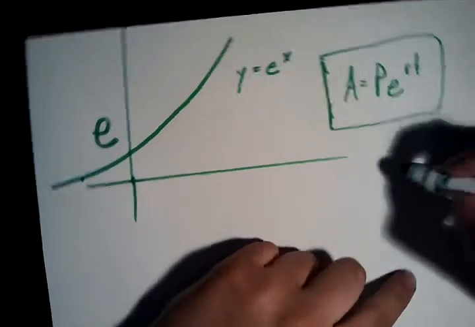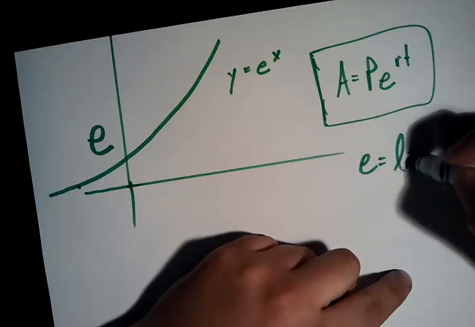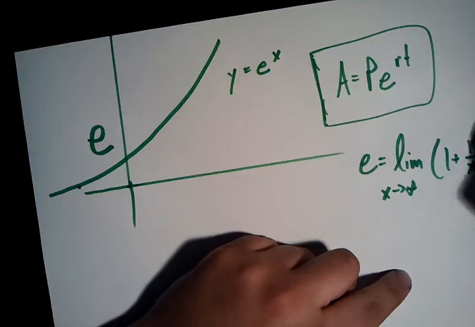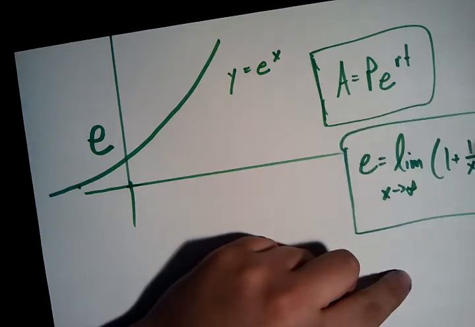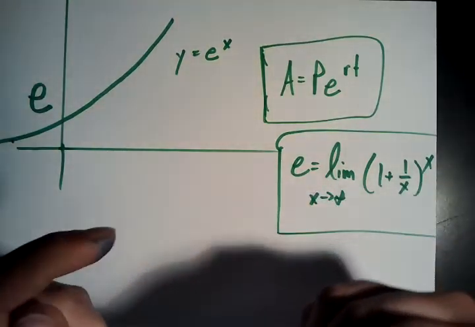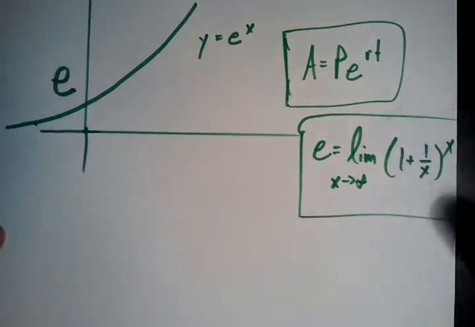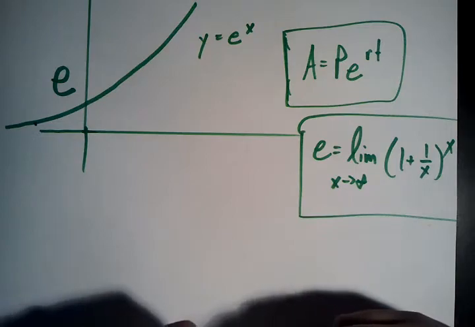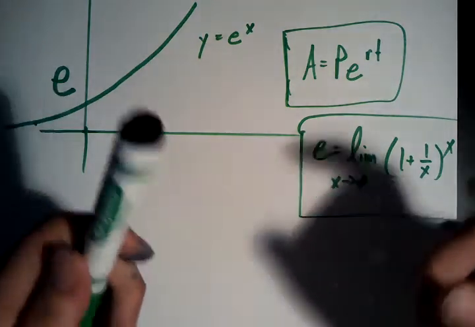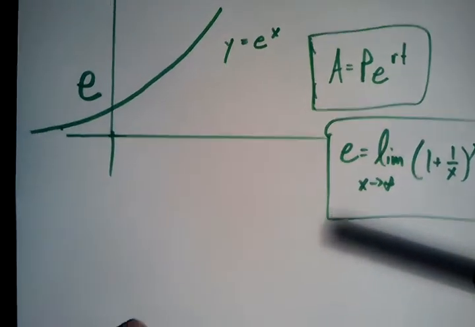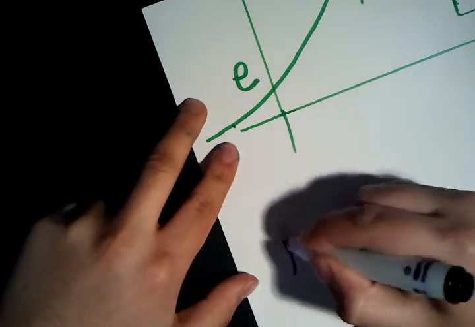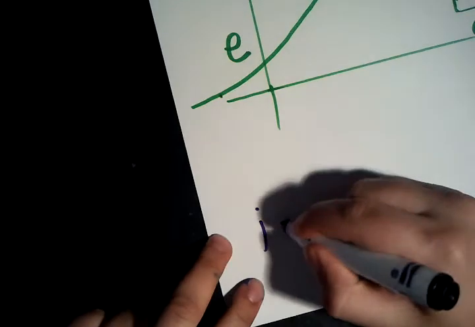It also comes out as the value of this limit. That's often how we define it: the limit of 1 plus 1 over x, to the x. That's how e is defined. And it turns out to be a very important characteristic in mathematics, especially in calculus, where we find that the derivative and integral of e to the x is e to the x, so it's a very interesting function. The next thing we'll look at is i, which is the imaginary number, which is defined as the